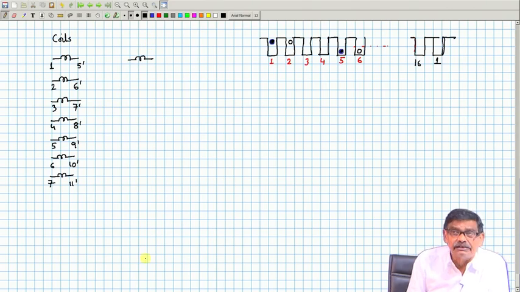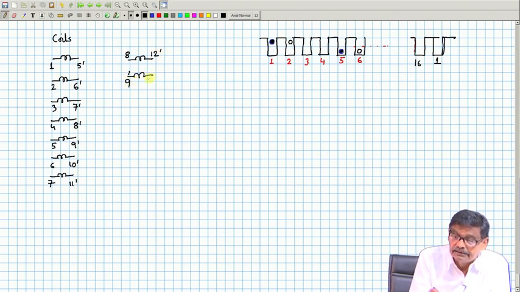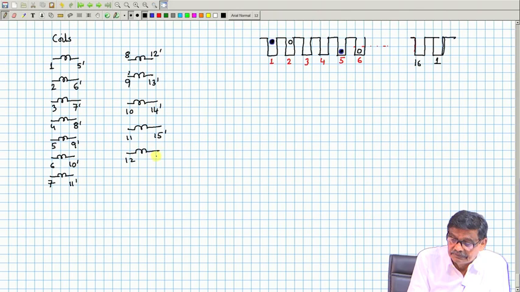I could draw it in this way, then 8 12 dashed, 9 13 dashed, 10 14 dashed, 11 15 dashed, 12 16 dashed, 13